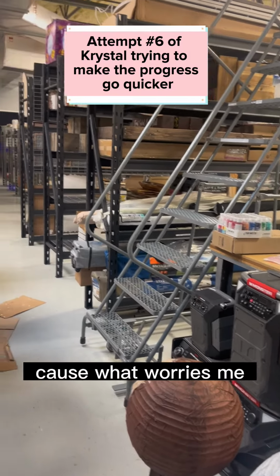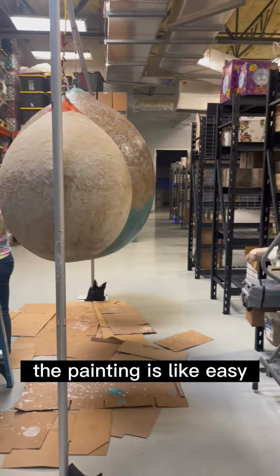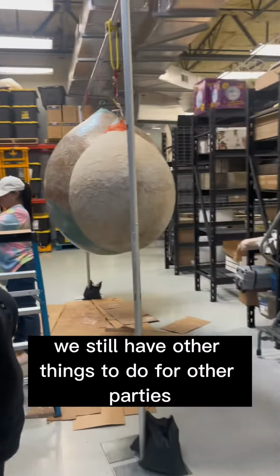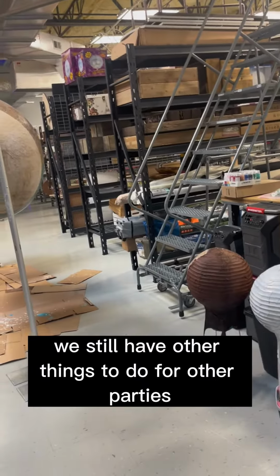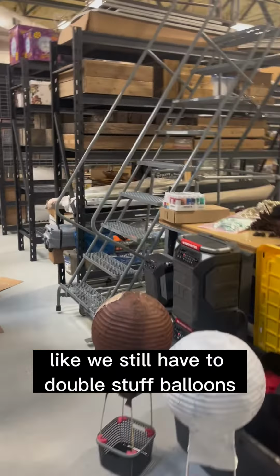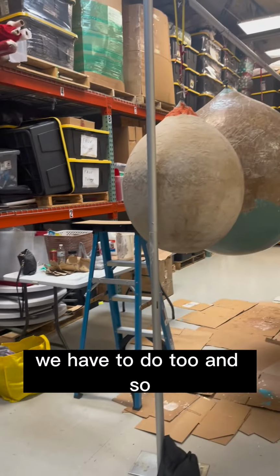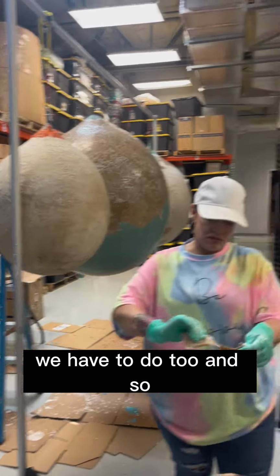Because what worries me... The painting is easy. But it has to dry and everything, right? Because what worries me is we still have other things to do for other parties. Like, we still have to double stuff balloons, blow up 90 feet of balloons. We have other stuff for other parties we have to do too. And so...